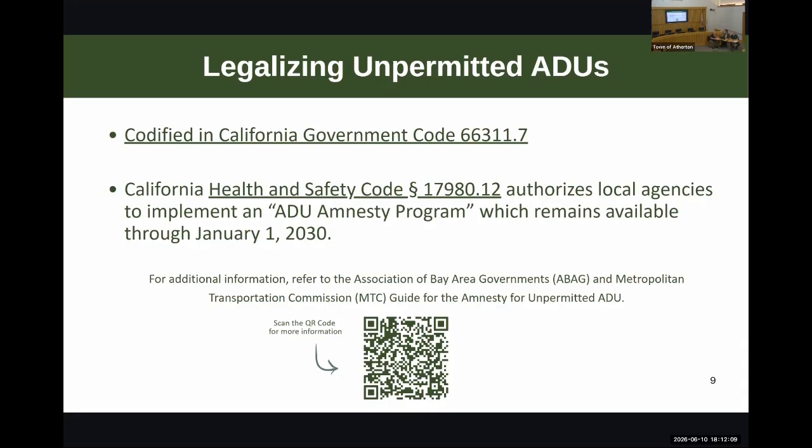Government Code 66311.7 and the Health and Safety Code 17980.12 not only authorize, but in some cases oblige local governments to adopt programs and policies that will enable us to legalize some